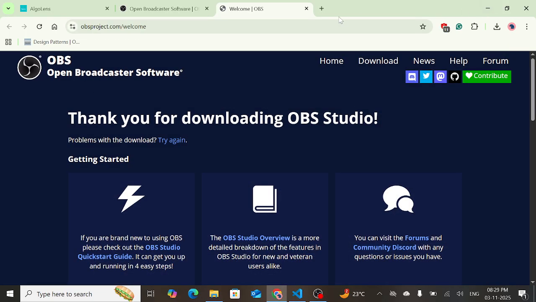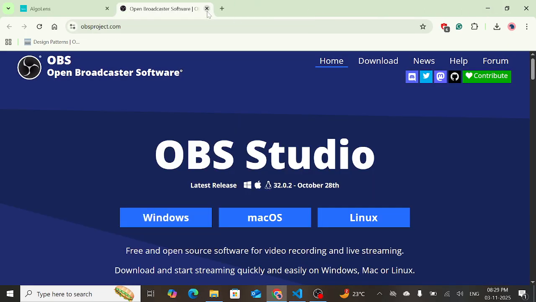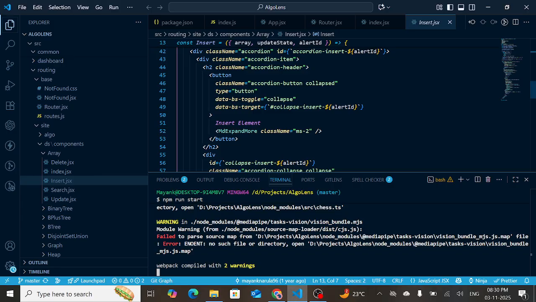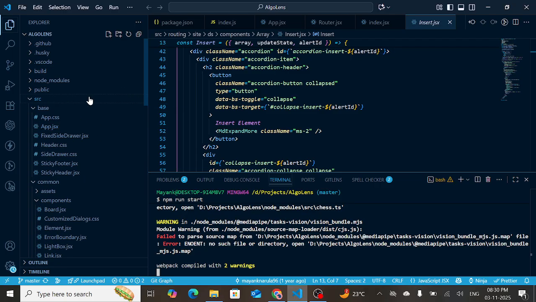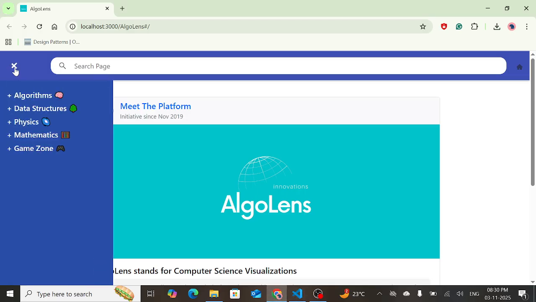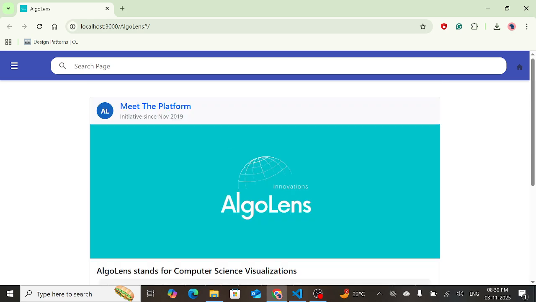Alright guys, so this is an explanation of my project called Algolens. Algolens is a front-end project that I developed to visualize data structures and algorithms, and also a bunch of other things like physics, mathematics, and a game zone I also developed. But basically, it is a platform developed with Create React App, and I thought that